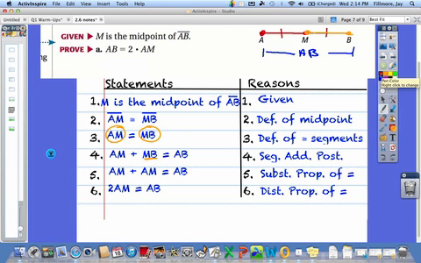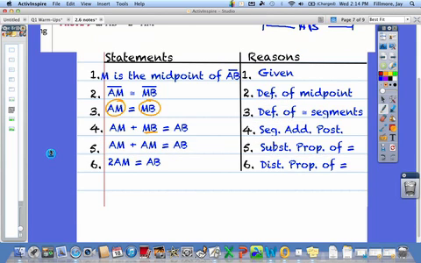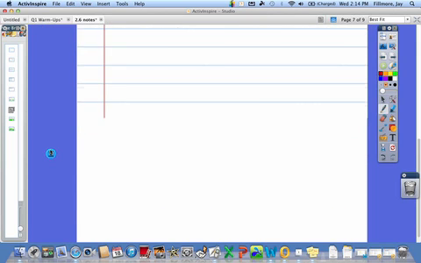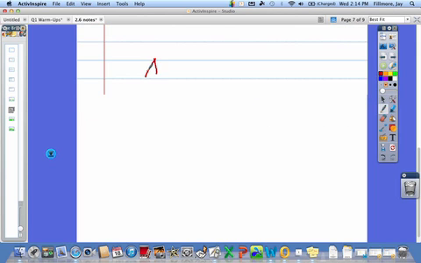I know it's awkward, it's something that we don't think about, but it is indeed combining like terms using our distributive property. If you don't want to know how that works necessarily, if you think it might confuse you, feel free to move on, but I'm going to go through that very briefly here. If I'm adding AM plus AM equals AB, here's a brief, kind of like an algebraic proof